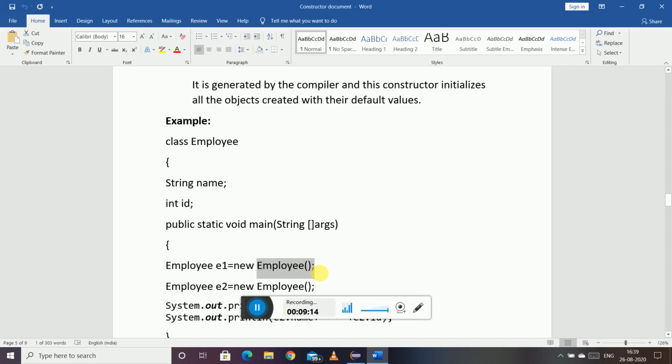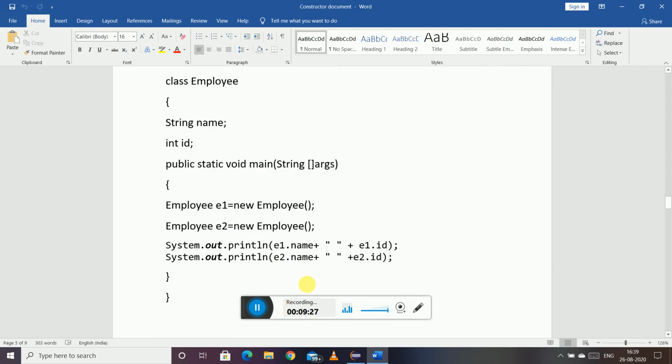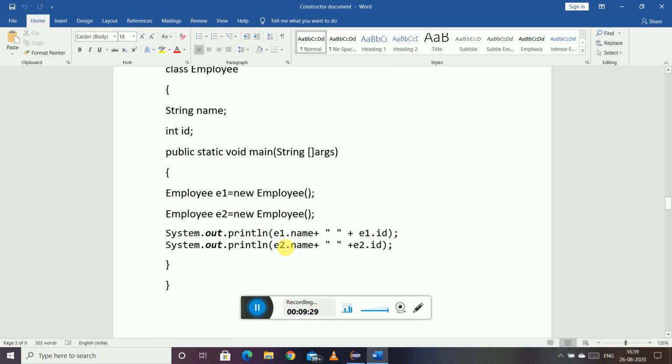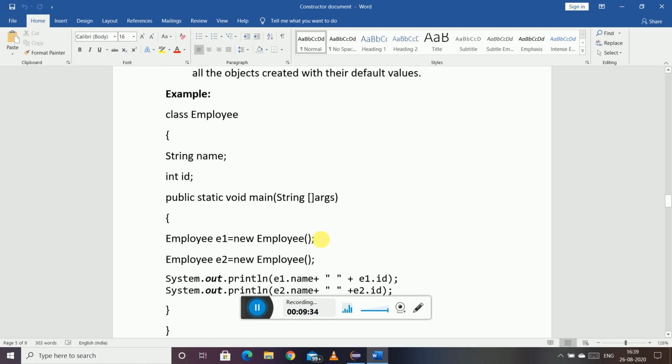So what will it do? It will initialize these variables with the default values. That is the reason that when we ran this program, we got the values for E1 and E2: the values of name and ID were null and 0 because of this default constructor only.